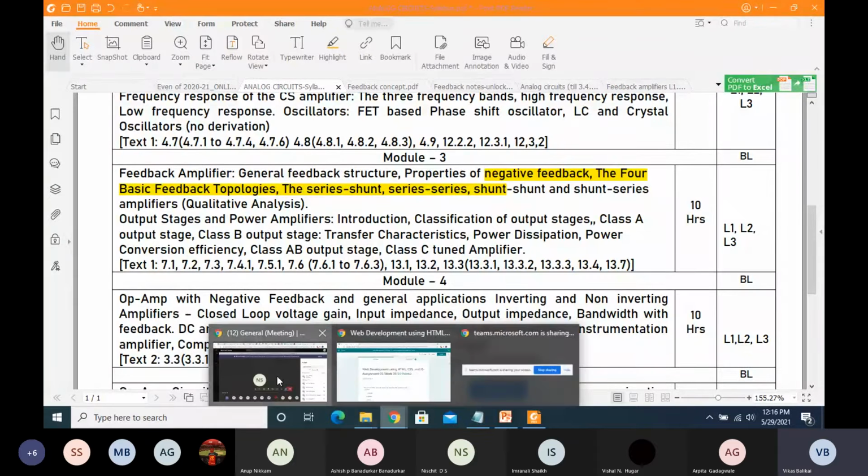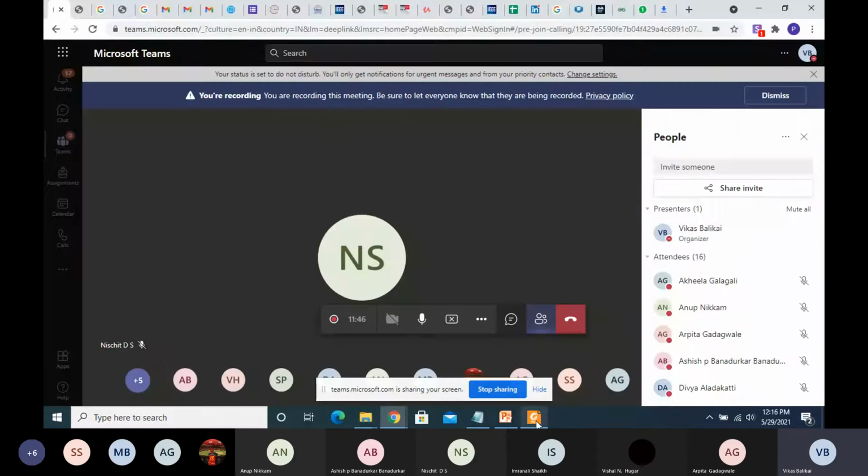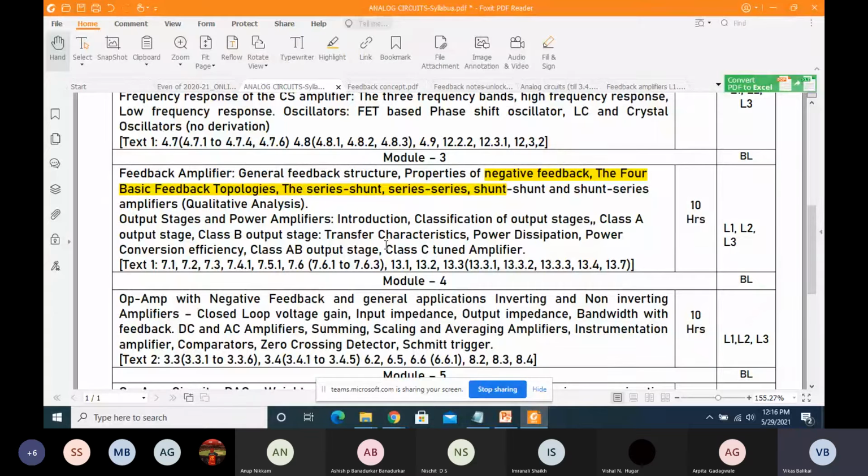So basically, when learning the op-amp, we started with voltage series and voltage shunt kind of feedback amplifiers, because as you can see from module 4, we saw negative feedback configuration, and that negative feedback configuration was dealt using the op-amp. In fact, we started with very small derivations with respect to how negative feedback amplifiers are very helpful when it comes to having good gain, good input resistance, output resistance, bandwidth, and everything. That's how we started with op-amp.